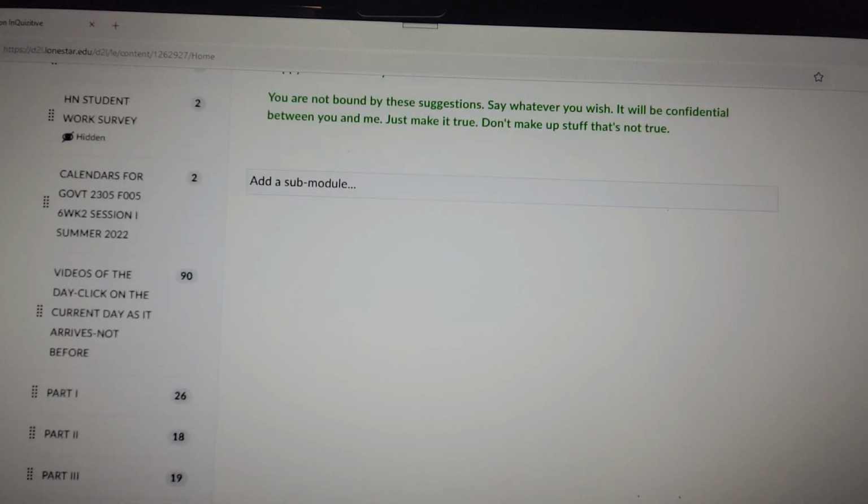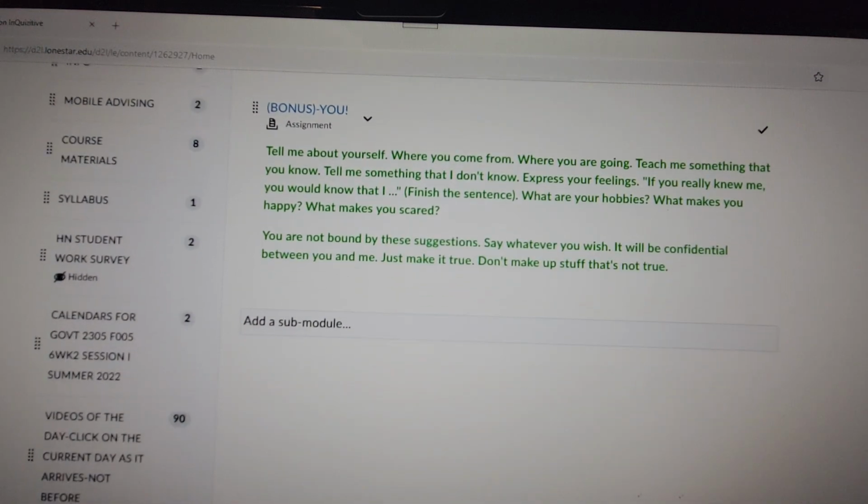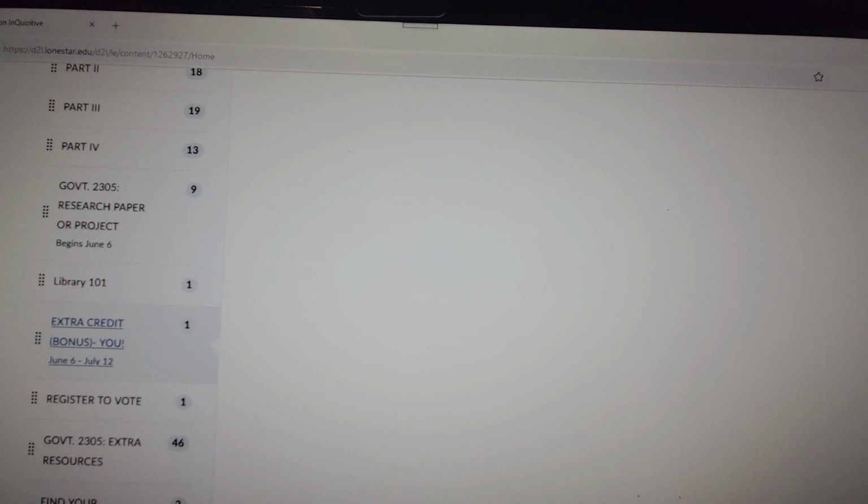Okay, so you click on that, and you just click on this, and then you load in the same way that you load in your research paper. You load in your bonus. You do your letter to me in MS Word format, and if you want to save it in PDF, you can, and then you just load it in to this module where it says bonus U. Okay, you load it in, and then it comes to me, and you automatically get 2 grades. As long as you give me something